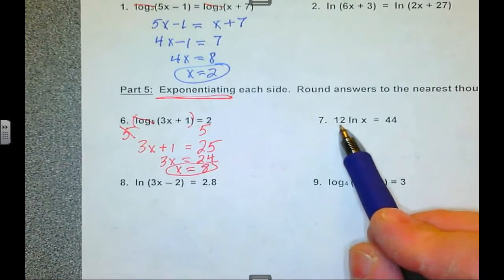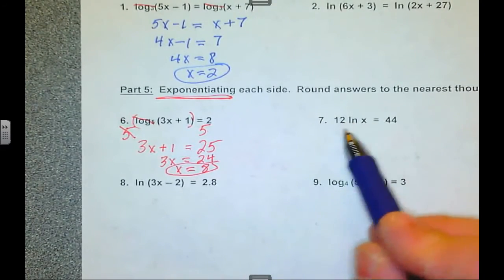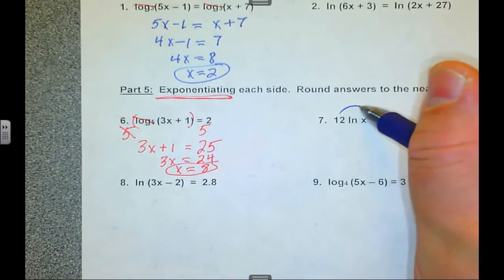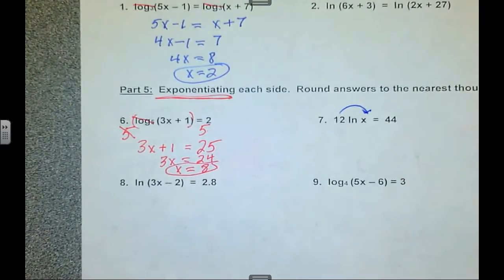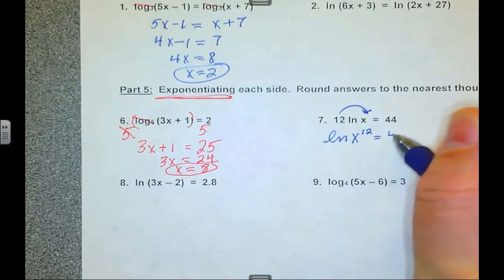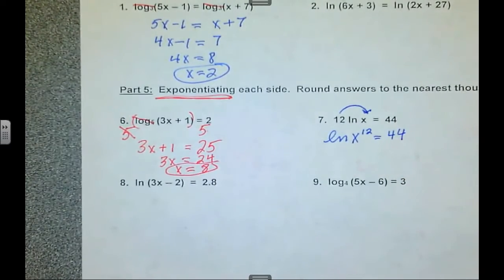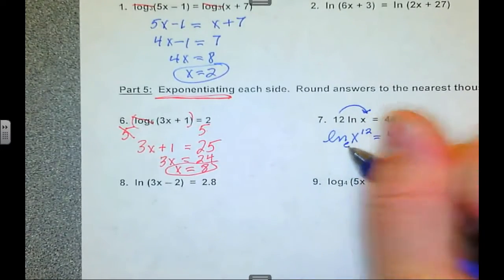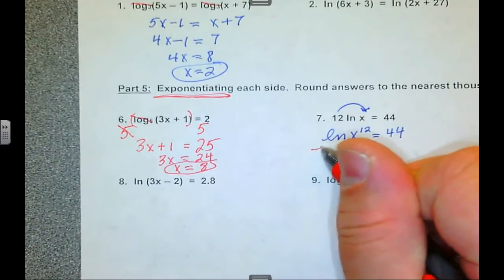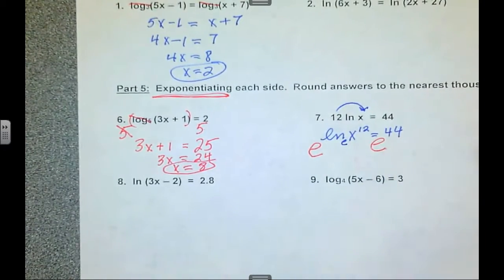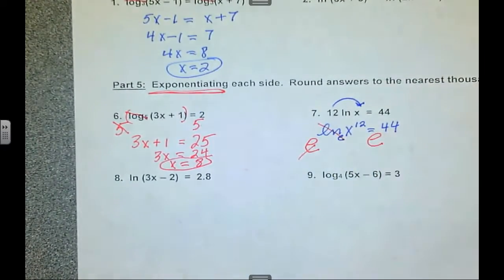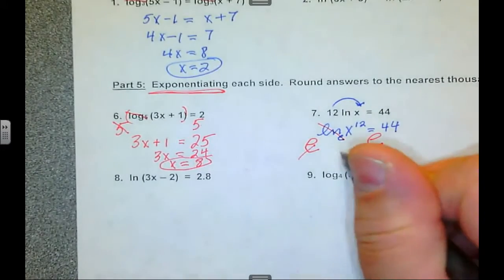12 ln of x. The first thing I have to do here is make this first number part of my log. So I'm going to put that 12 as an exponent of the x. So I get ln of x to the 12 equals 44. Now, don't forget this is base e. Natural log has a base e. So I'm going to exponentiate it with e. That way my e is going to cancel out the natural log, and I'm left with x to